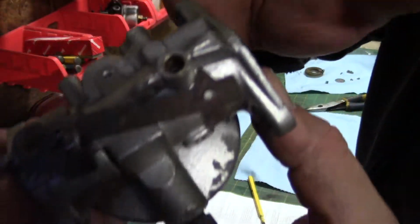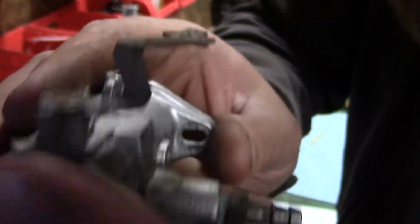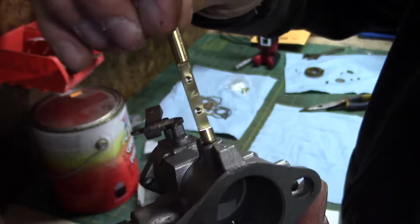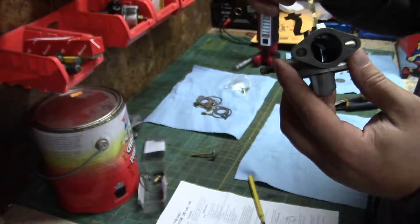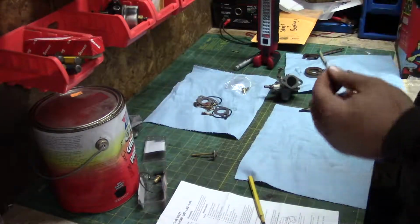Alright, I don't know if you can see it or not. There's our completed bushing in that end, and there you can see it in there too. So the throttle shaft fits in nice and snugly. It has to go down in there further obviously, but still have to do step 2 here,